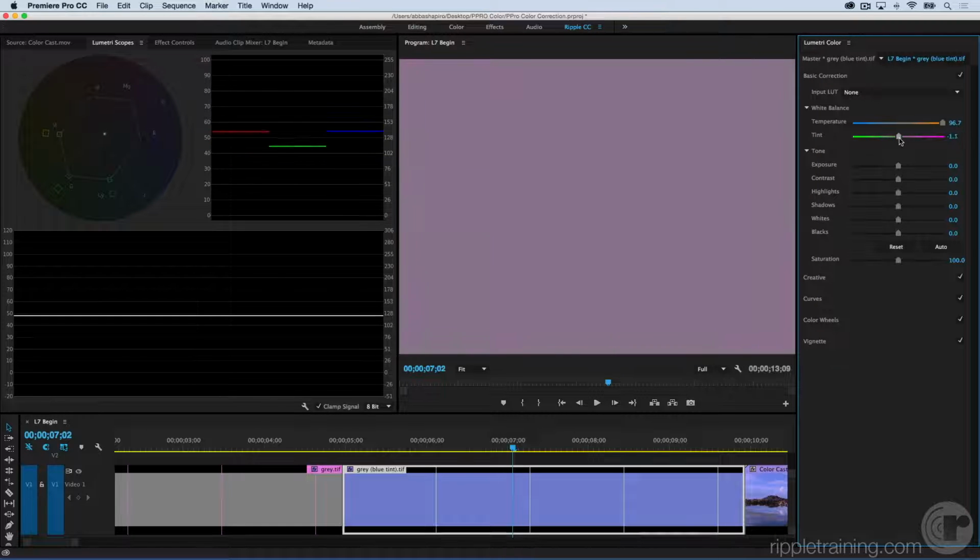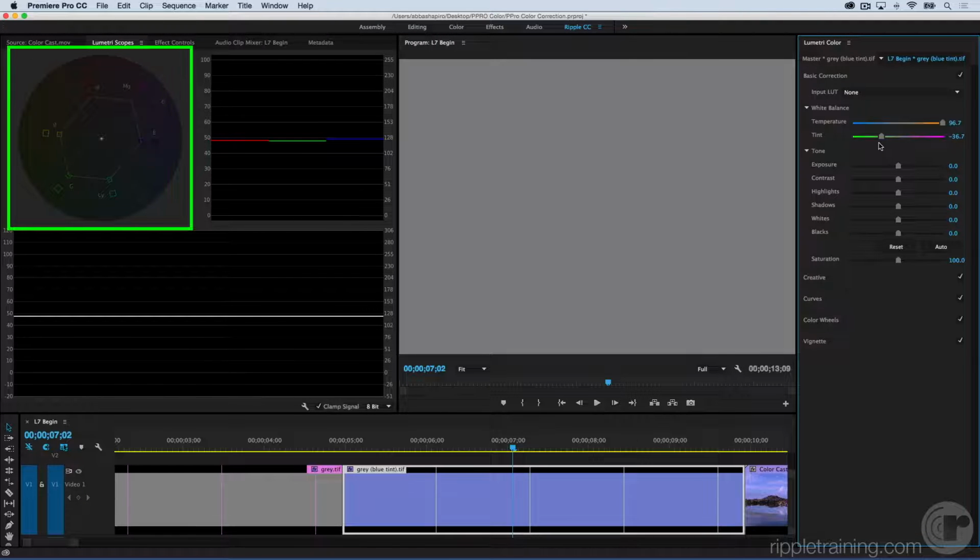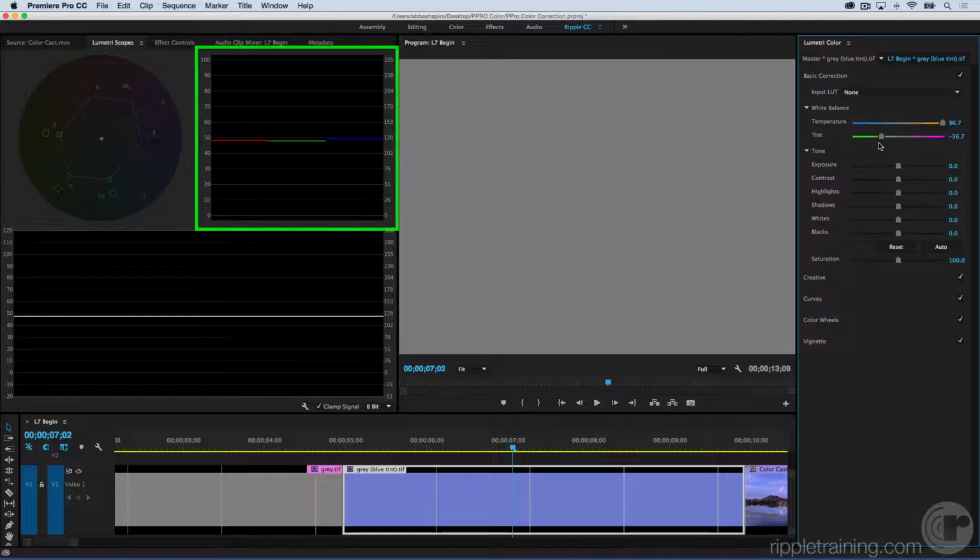If I move it the wrong way, there we go, it's making it more purple, but I want to bring it just so that they all line up and my image is now neutral. There's no color cast at all. You can see this by the dot being dead center, and you can see here that the red, green, and blue traces are aligned. So now we understand how to color correct the hue in theory,